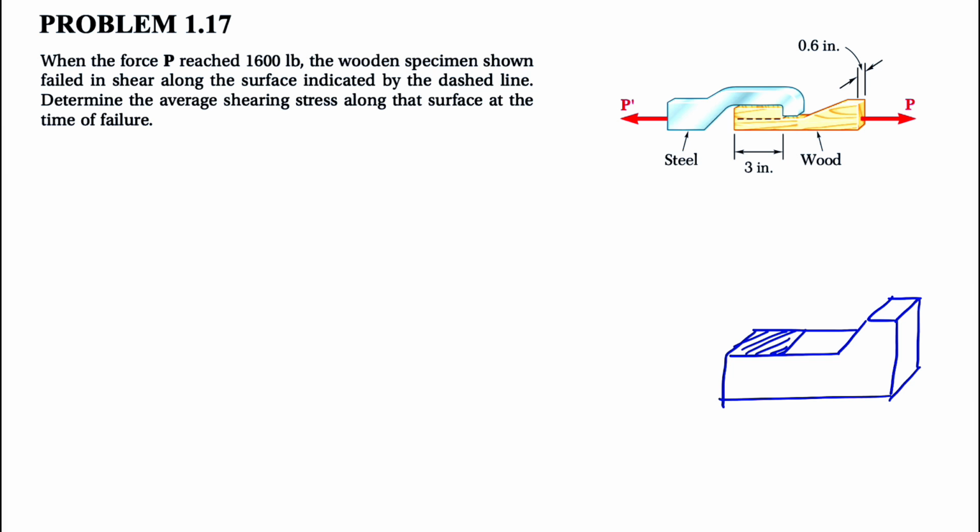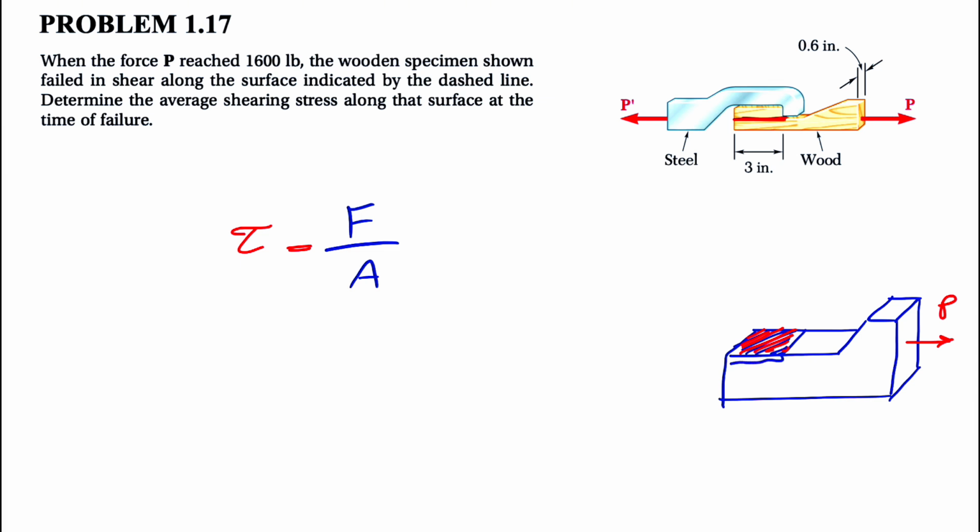So what's going to happen in here is that we have the force P applying on the right side of this wooden specimen, and it's going to experience a shearing stress along the dashed line, which is what we have in here. So it will be the shaded area that's going to experience the shearing stress along that surface, and we know that would be F, or our force, divided by the area of that shaded area,